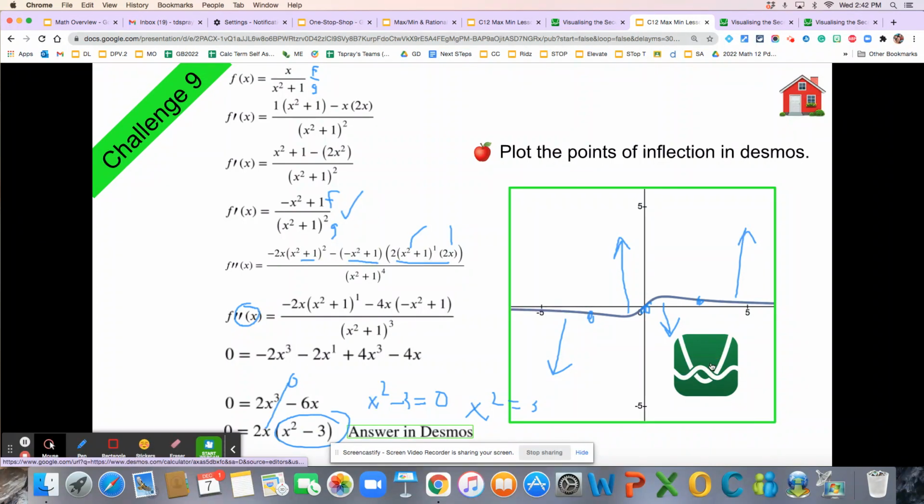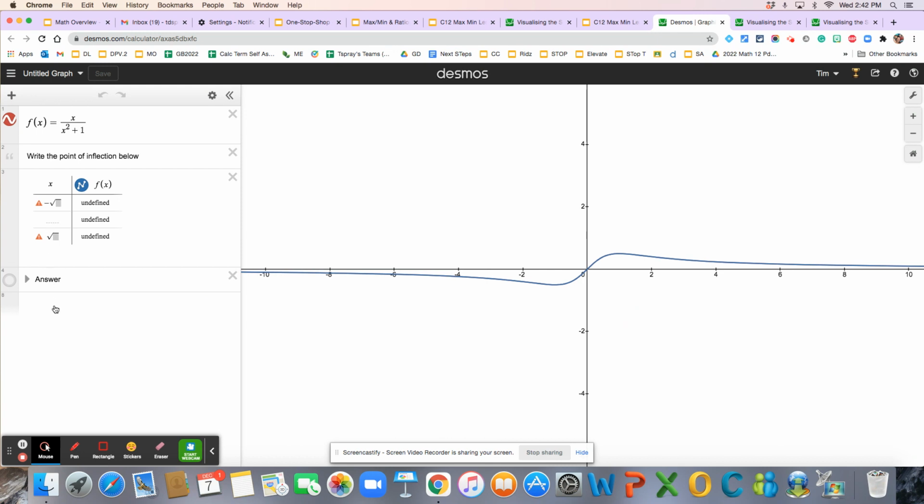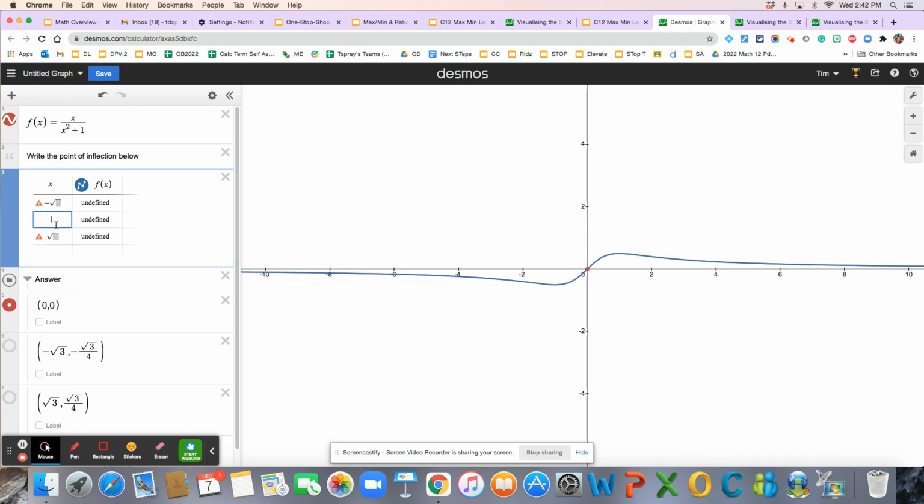Okay, so let's go into Desmos just to check the solution. I want you to put your solutions in so that you can get those coordinates, okay? I have included the answer there for your reference, but there they are, okay? And so I'm assuming that you know how to put, if we put 0 in here, that's one of the coordinates. That's a 0, 0. And then it's the negative square root of 3, and this is the positive square root of 3, and there are those values. So the coordinates would have been negative square root 3 and negative 0.433, and so on, 0, 0,